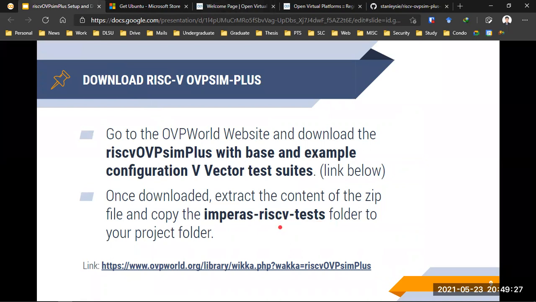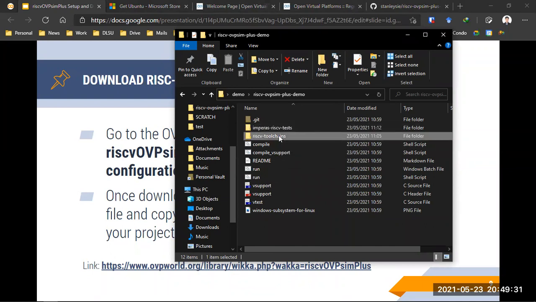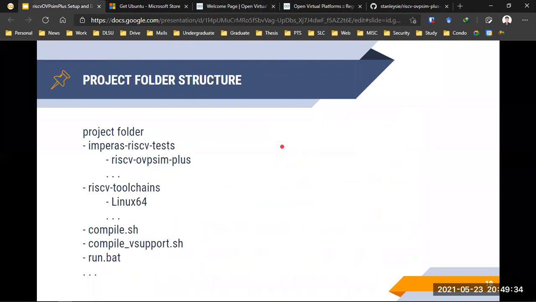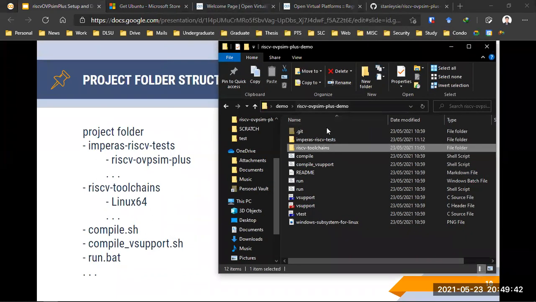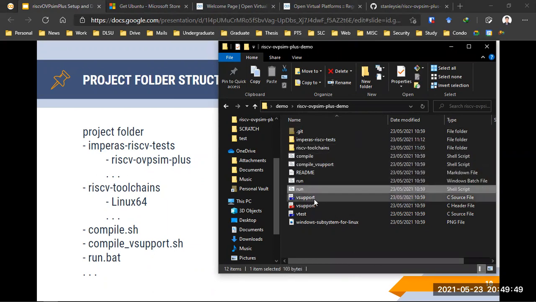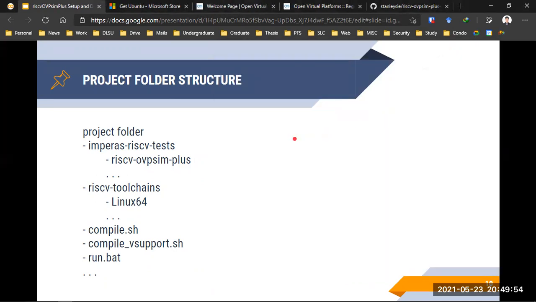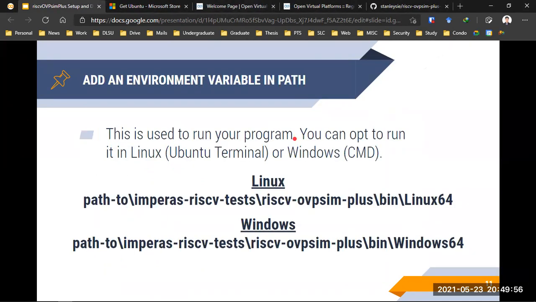So you would want to copy that to your project folder, such as this. Your project folder will look like this after you complete the previous setup that we have done so far. It will look something like this. There are two folders, and then there's the compilation file, the run file, and then the vsupport, etc. So the next thing we want to do is to add an environment variable to the